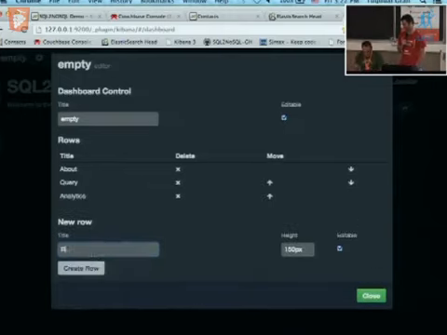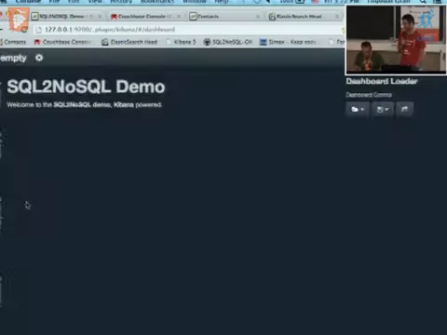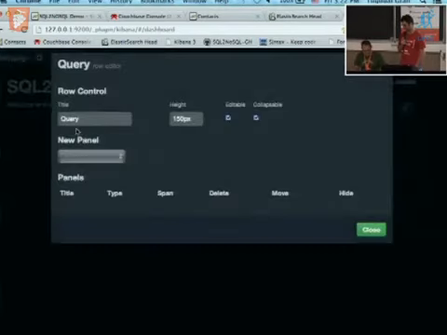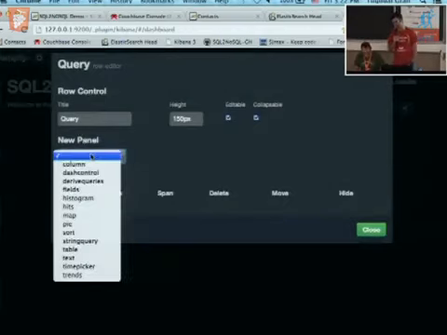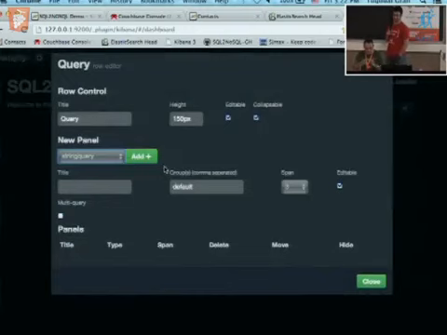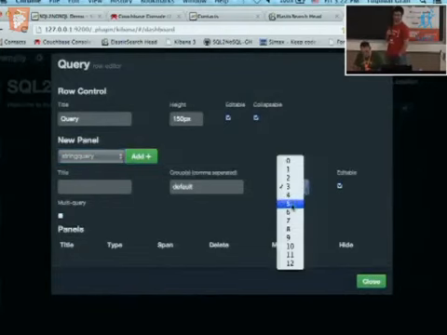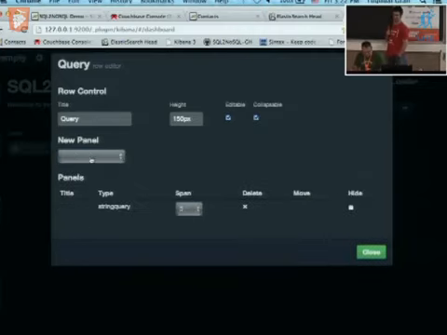And then I want to display some results. Okay. So you're building your dashboard with simple clicks? Yeah, that's it. I don't need to code in Java anymore. Neither HTML, neither JavaScript. Yeah. So I need to have a box to enter my query. So let's say this size and okay.